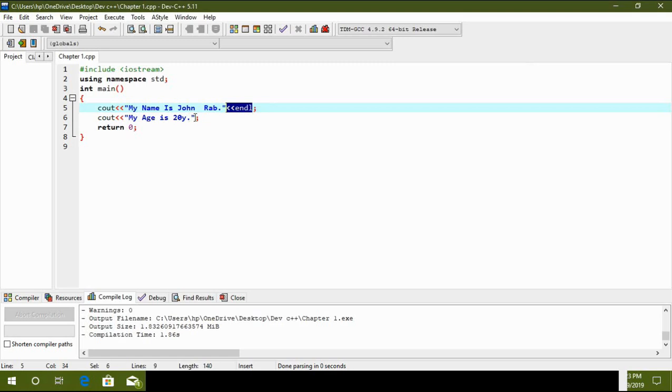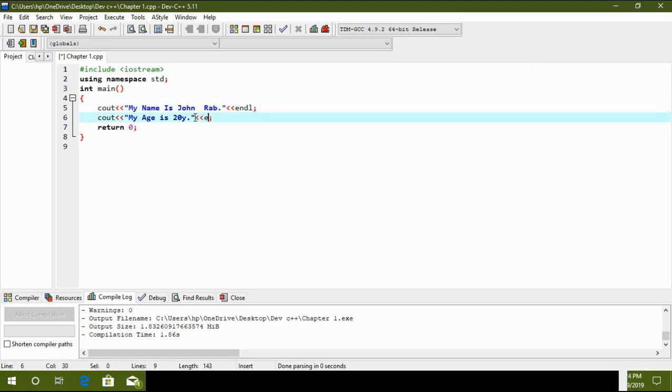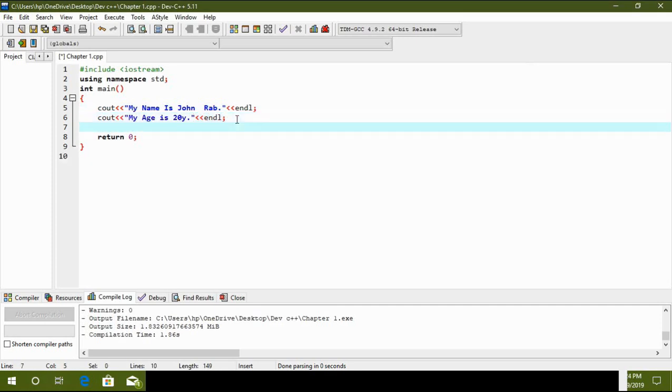So if you want to put something else here, put endl at the end, and then you want to show more: My father name is Bob Rab. Okay,